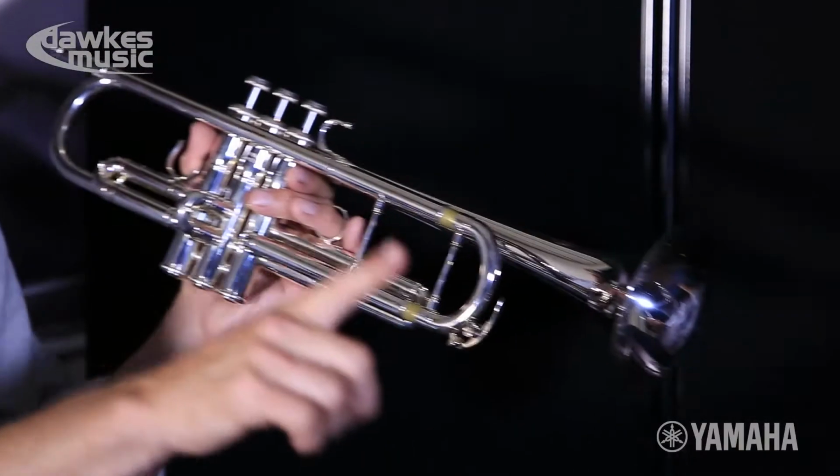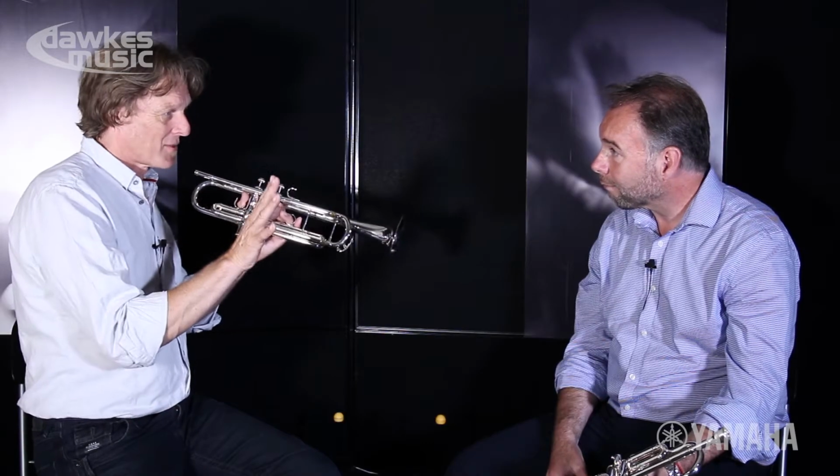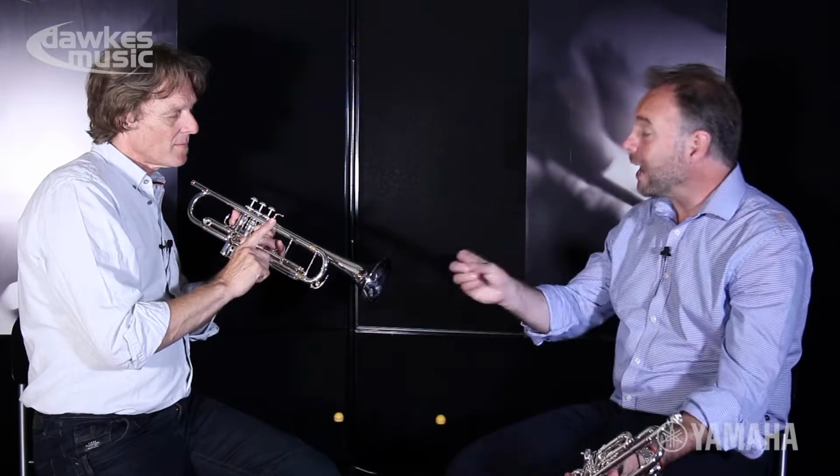So the two piston variations in here are slightly different. Not much, but they are slightly different for the resistance of the player. So the player feels comfortable with one or the other one. Yeah. So again, you're giving the accomplished player, the well sort of trained amateur player, a